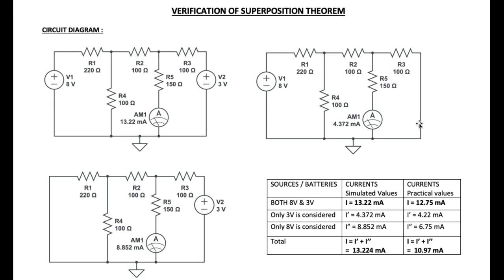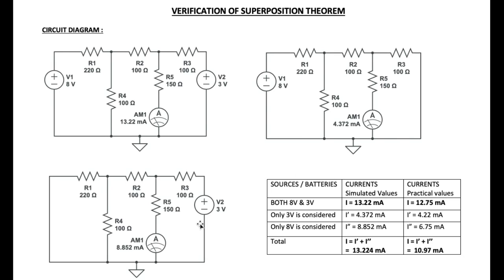So if more than one source is present in a circuit, we can apply superposition theorem to find out the parameter which is required. Here in this case, the current passing through 150 ohms is of desired interest. So what would be the current flowing through 150 ohms when we apply superposition theorem? That is what we are practically going to do, as well as in the simulated model, and whatever we calculate manually has to coincide with that.